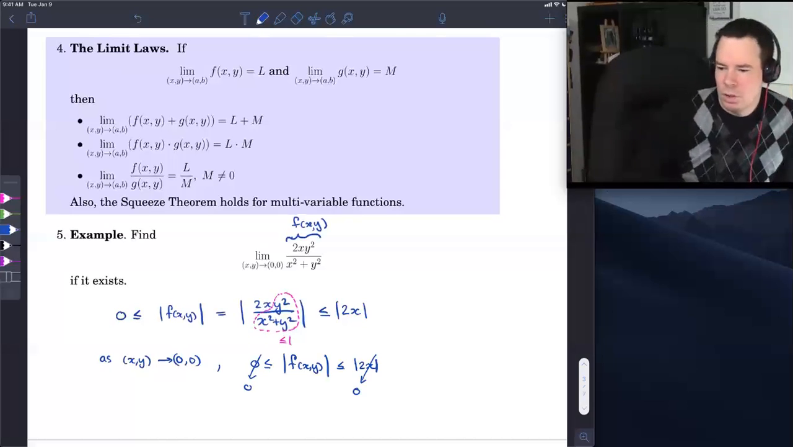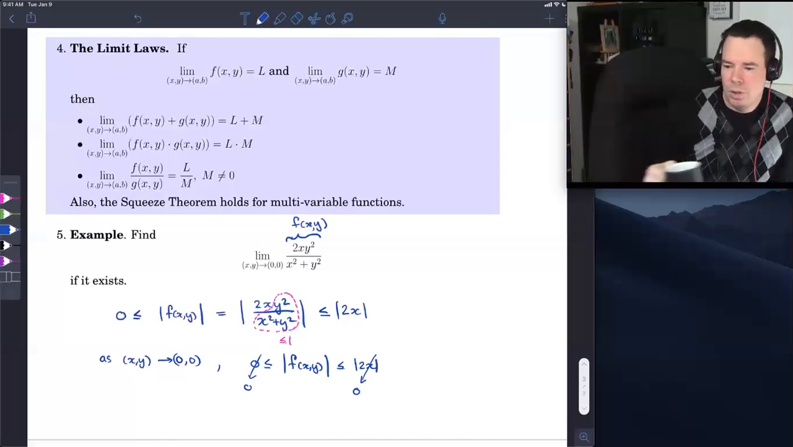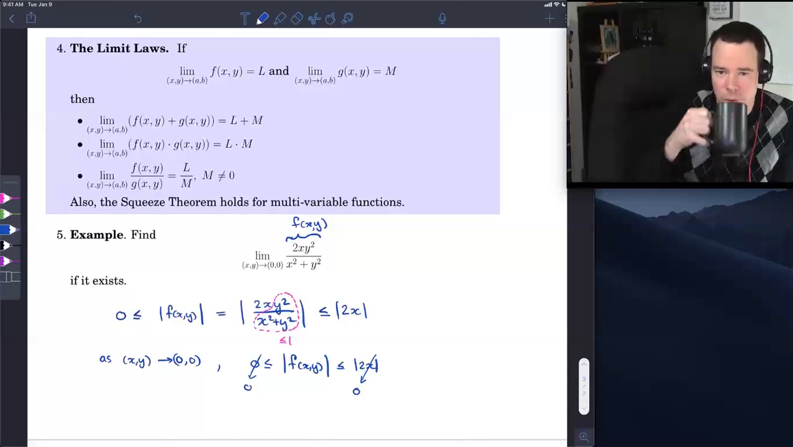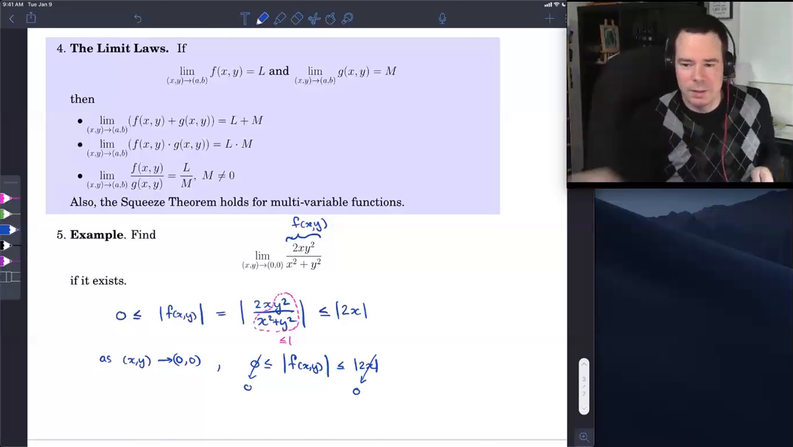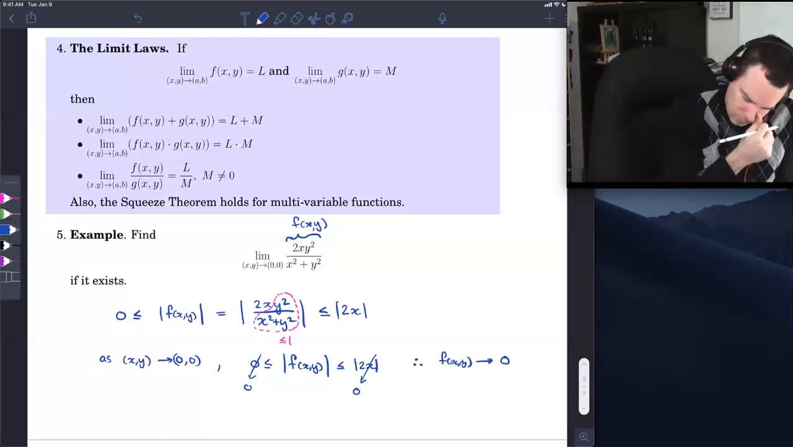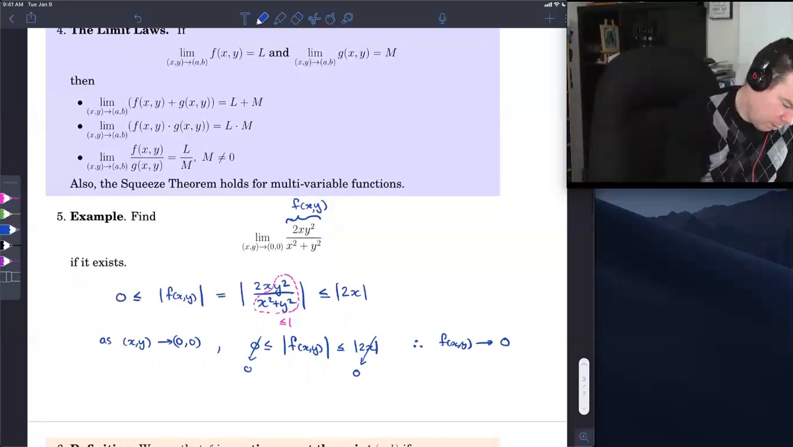So my function is trapped between two quantities, each of which is going to 0 or already is at 0. So my function values must be getting close to 0 as well. They're being squeezed closer and closer to 0. So therefore, f of xy goes to 0. And so that means our limiting value, which I can fill in now up top,